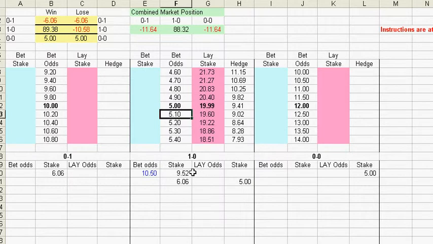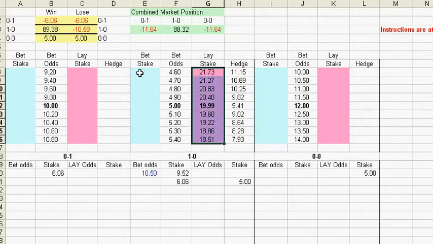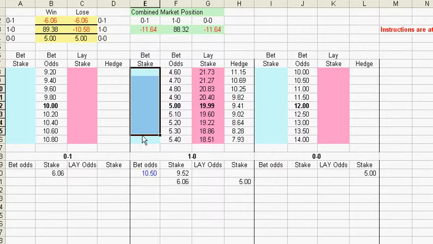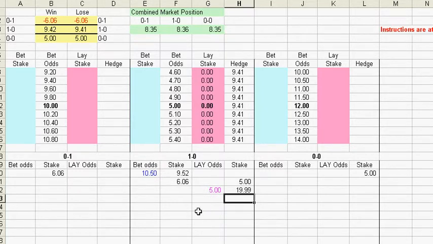Say the odds went down to 5, and now that losing bet is taken off, but that successful lay is added on to the whole calculation. So now the spreadsheet shows that we need a lay because it's in pink. If we needed a bet, the bet stake would be shown in blue. So if we're now able to lay odds of 5 for 19.99, we should make a profit of 9.41 over the whole trade. So if we get that matched on Betfair, 5 for 19.99, get it matched, and we make